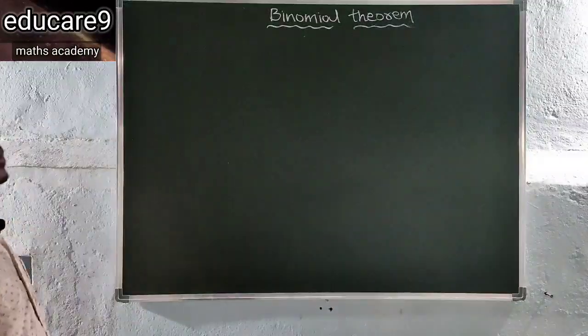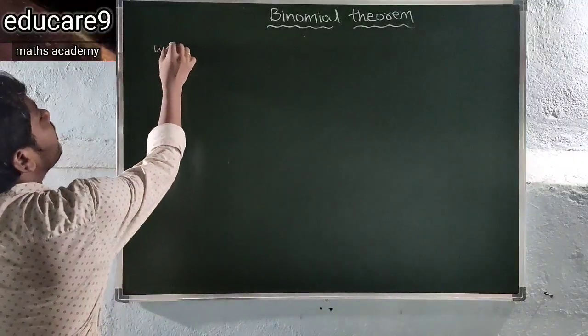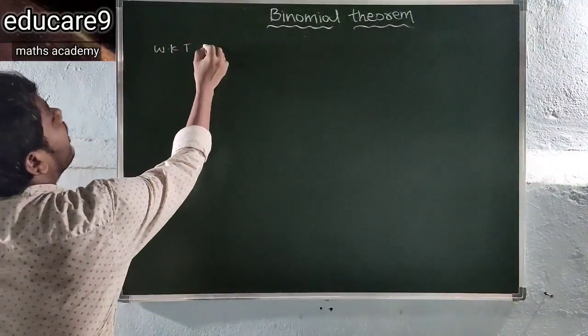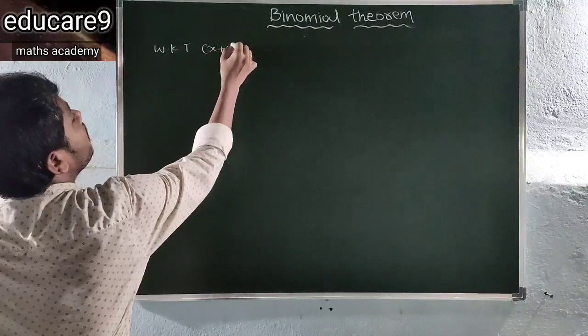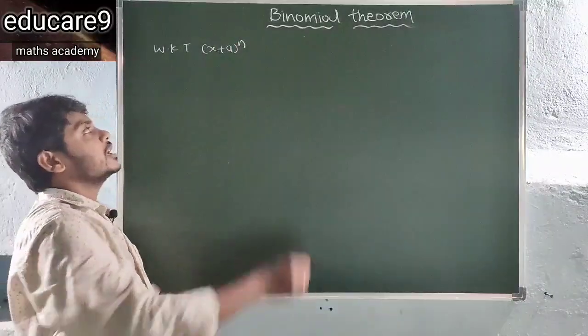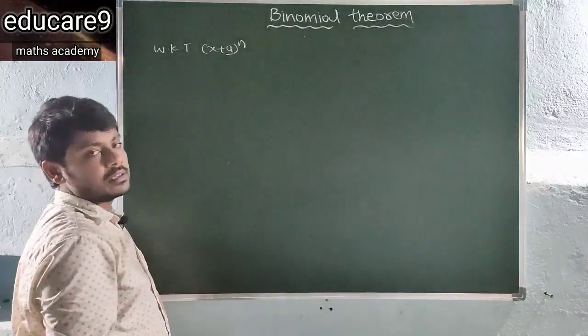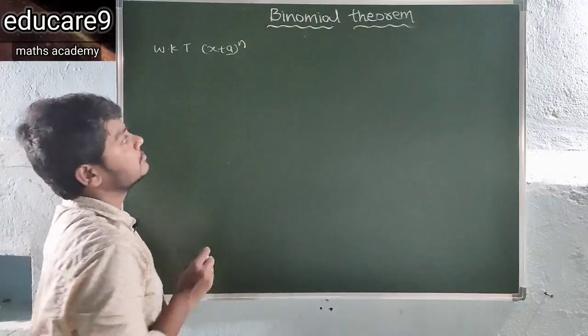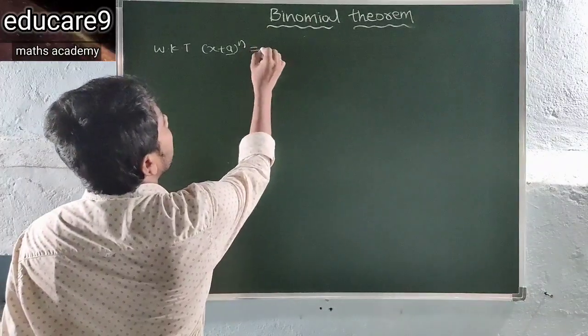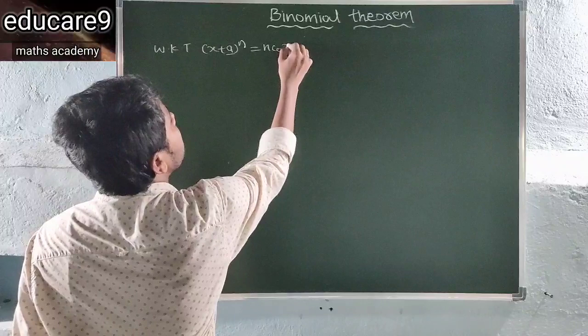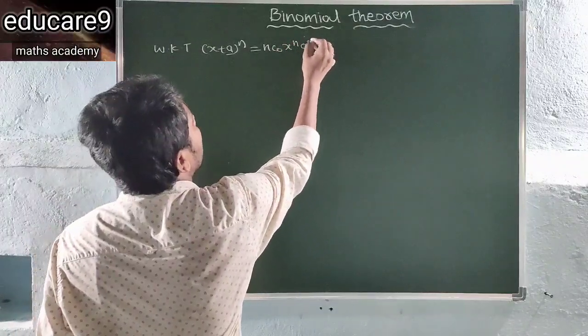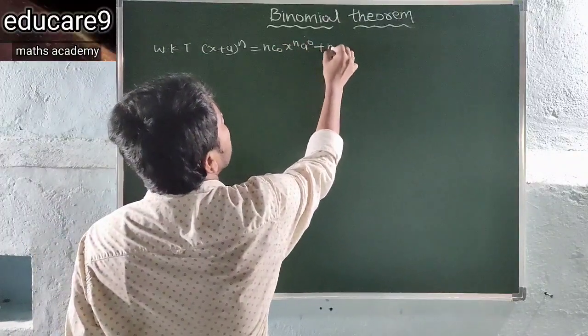Okay. So here you know the expansion of (x + a)^n. Here, replace y by a in the previous expansion. So that is nC0 x^n a^0, and next one